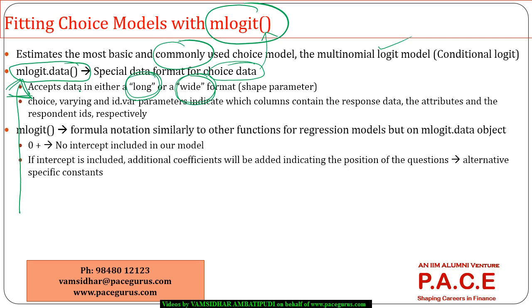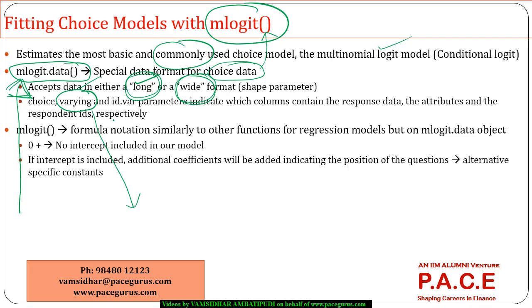Apart from the data and whether it is in the long or wide format, you would also have to specify which are all the variables in your data that are varying. So what are all the parameters of your data, which are all the variables that are typically varying. I have to specify all those variables that are changing,